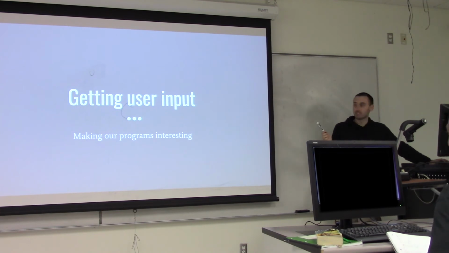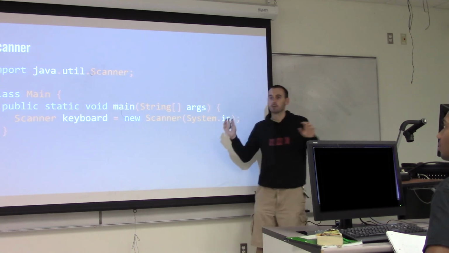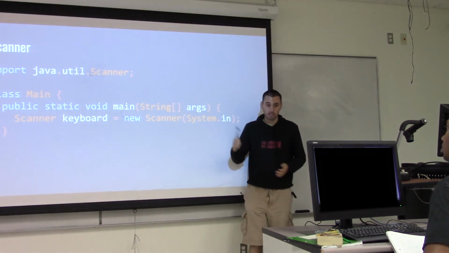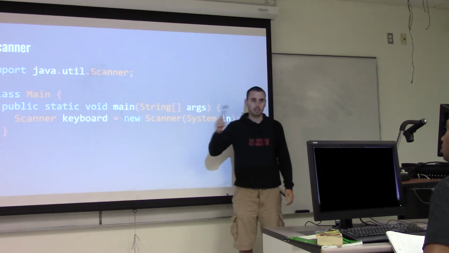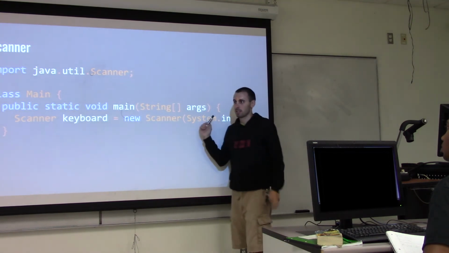In Java, we have a thing called the Scanner. Scanner is an object, or it's a class. When you create objects of this class, I'm going to say this really technically, just for those of you who have programmed before: Scanner is a class. You give it an input stream, and then you can extract values from that stream. For those of you who haven't programmed before, which is everybody, it's a thing that just lets us read values